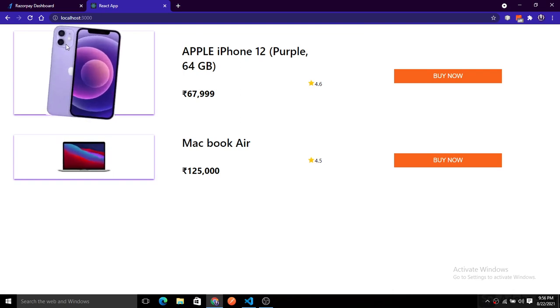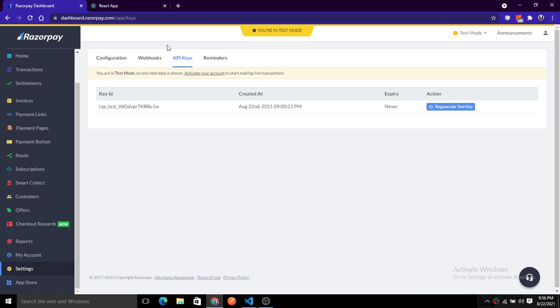Now the time comes to see how you can get this Razorpay. You just need to create an account on Razorpay, and from the test mode you just need to switch to the live mode and update the key there, and the whole process will work the same. Now when you get this, you just need to create your API key, the test key. That's the test key that we are going to use in our code.